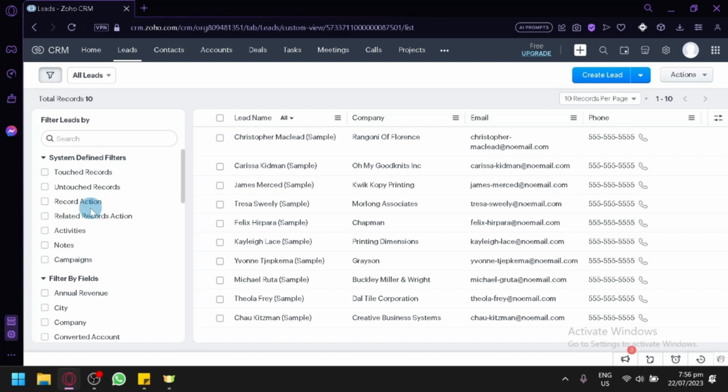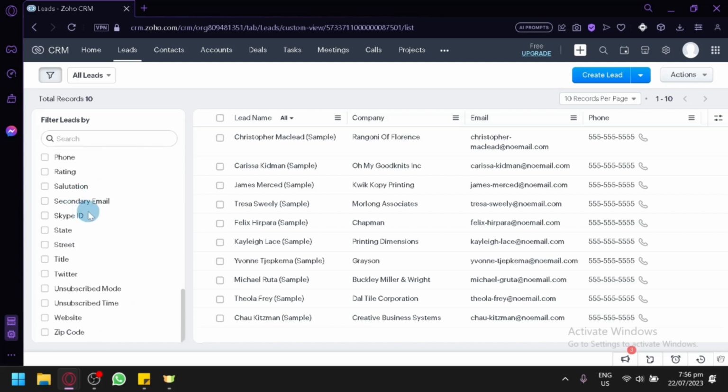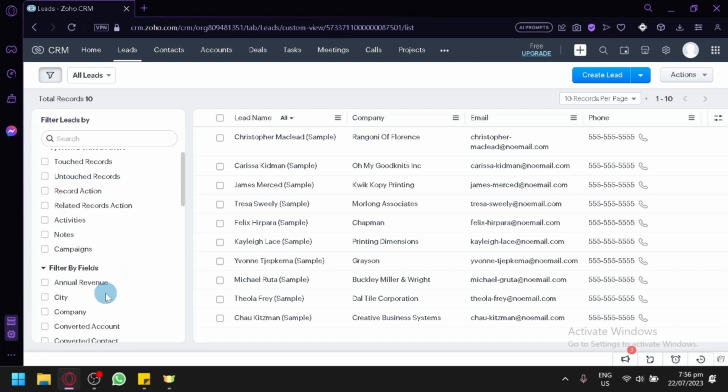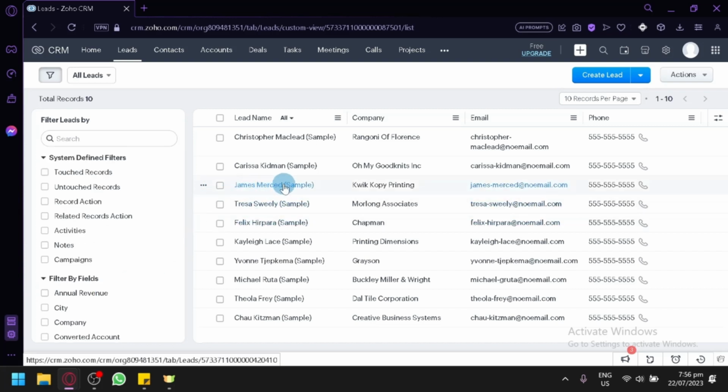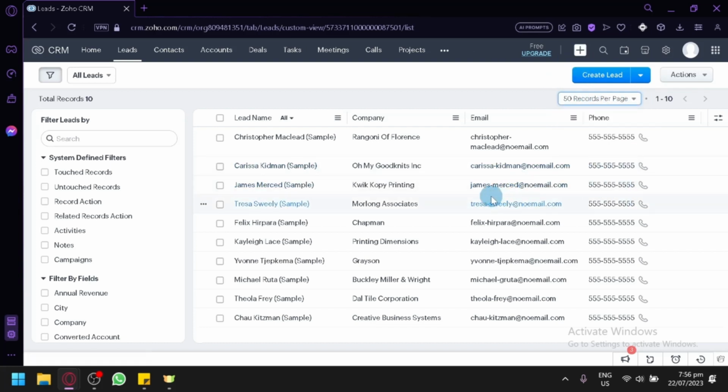This also filters over here on the left side, which would allow you to view the touched records, untouched, the different records over here, and you could also filter them by different fields, as you can see here, which will be very important when you're trying to look for a specific group or a specific person. And you can also change the way you view your records over here. You can set it as 50 per page, which will, of course, display more